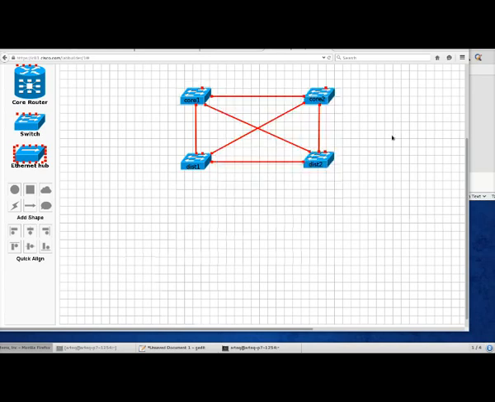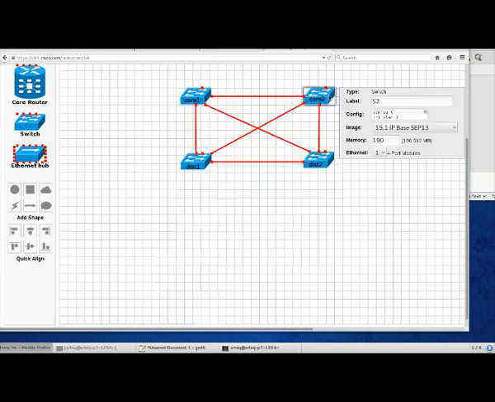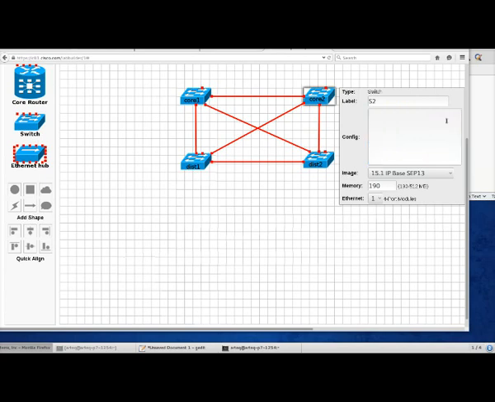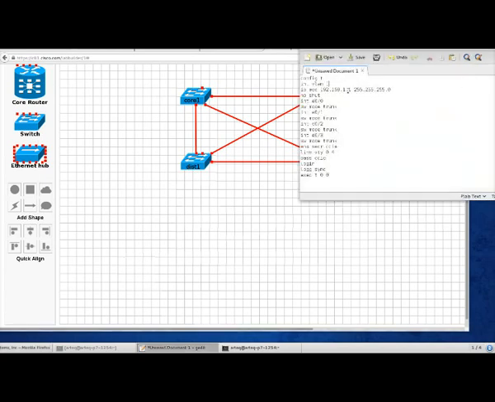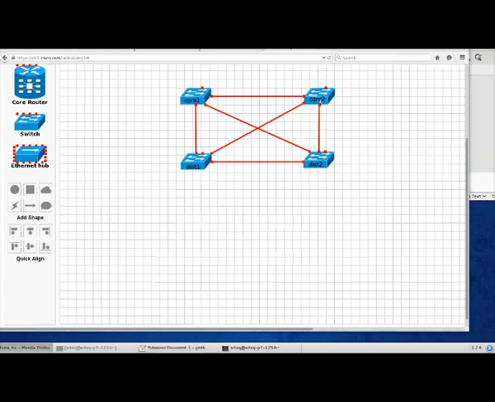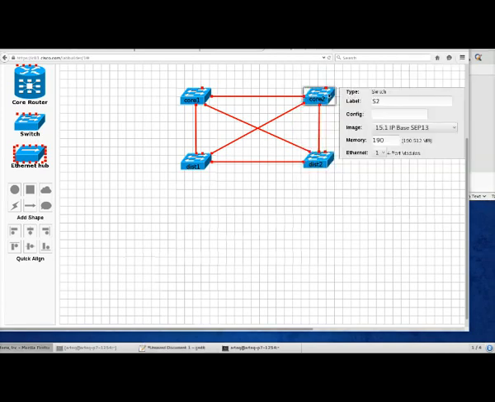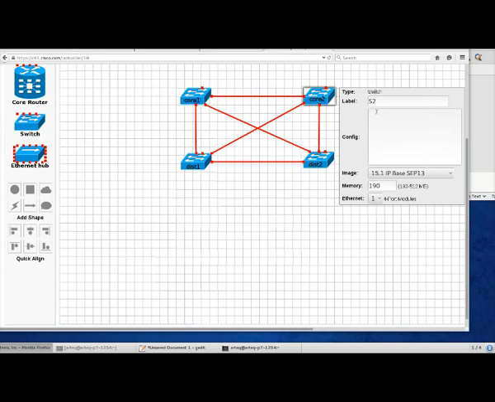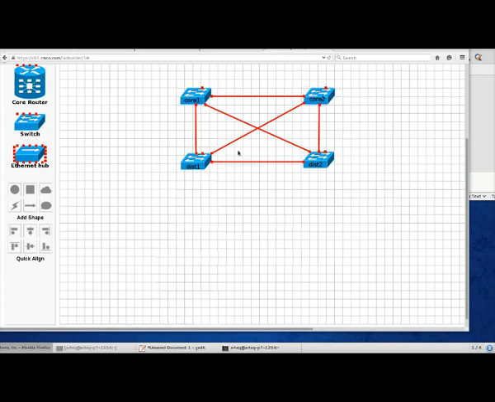And there's not really a save button, so just click on the next one, and I'll change the names later. Let's get rid of that, and we'll add this one as 2. They're going to be in the same subnet. Again, I just want to be able to establish connectivity so I can get around the devices once I'm running them in IOL. And we'll add the configuration with Control V. Same with